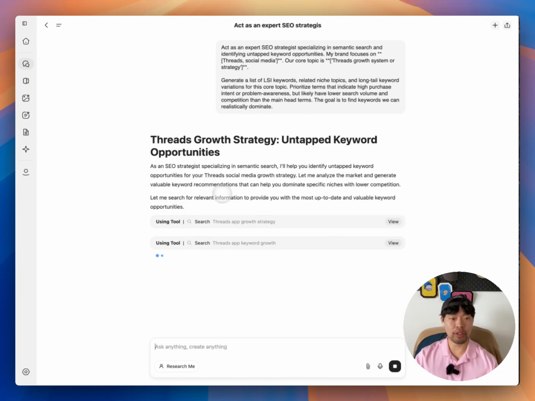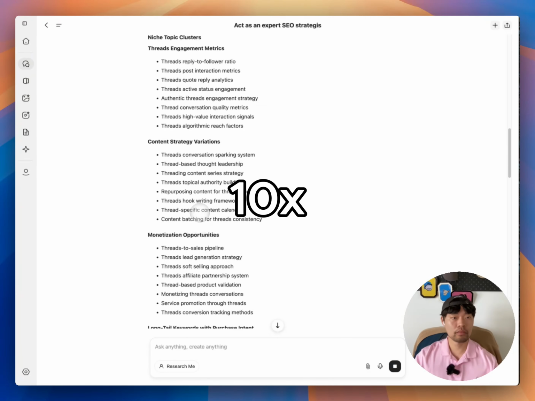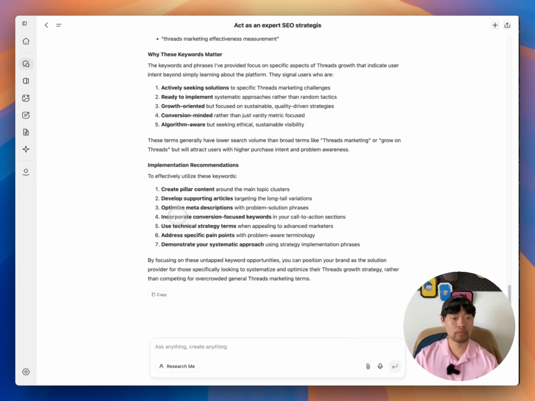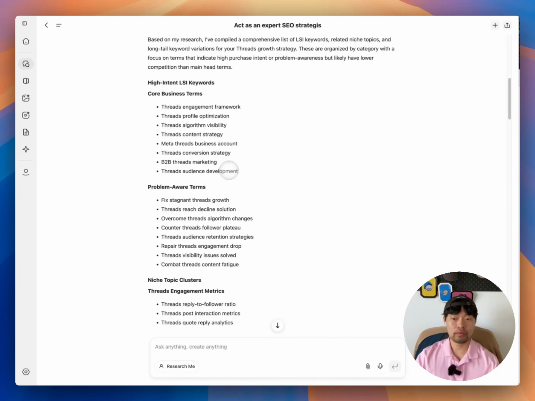It will take a little bit of time, but compared to other agents like Manus AI, this is a lot faster. So now it's done with the research.